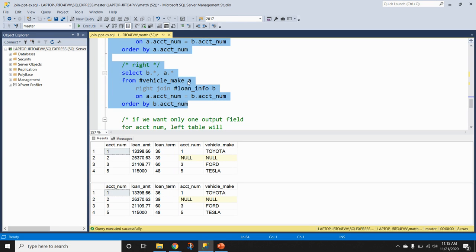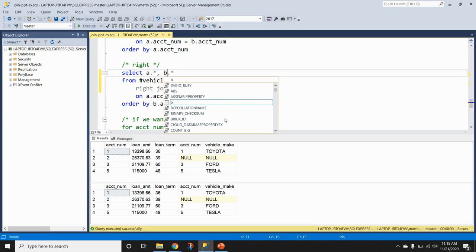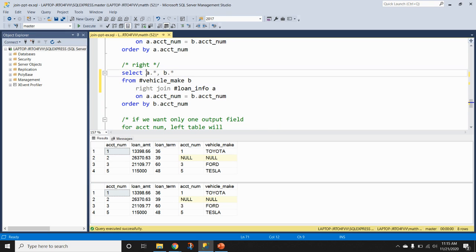Notice that I did keep table alias A as the first for the left table, right? Even though the table's changed. You wouldn't ultimately need to do this. We could have kept this table alias B and this table alias A, in which case we would need to replicate A star and then B star, because if we were to just do star,